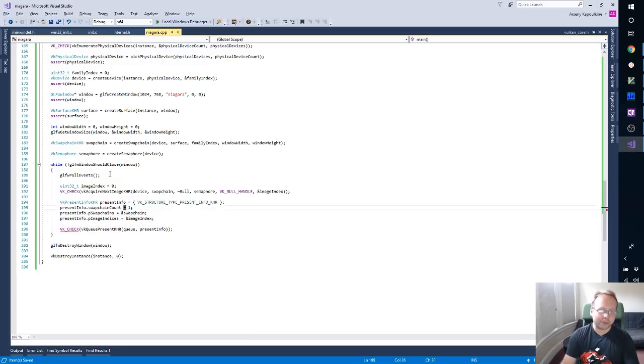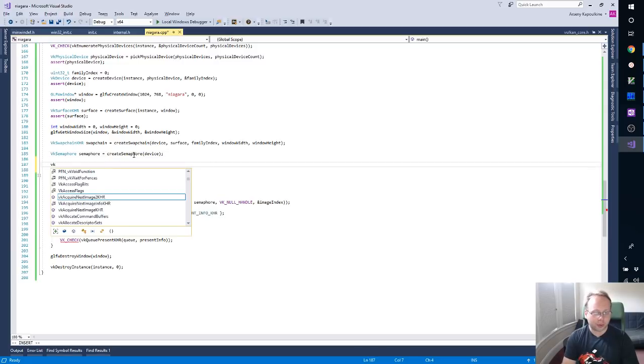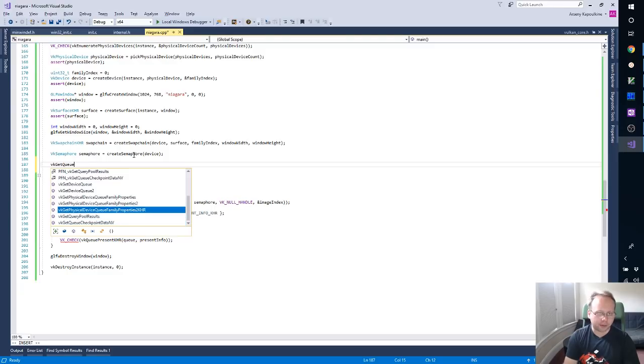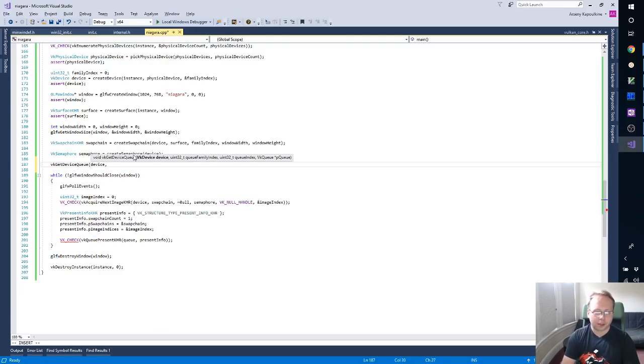So we don't have a queue. The queue is the thing that you submit work to for the GPU to work on it, and this is what this family index was about. So if you have a graphics queue and a compute queue, the graphics queue might have a family of 0 and the compute queue might have a family of 1, but we only use 1, and I don't remember how you get a queue. Get device queue. All right. Device, family index, queue index. I really hope validation layers won't complain more about this stuff, but